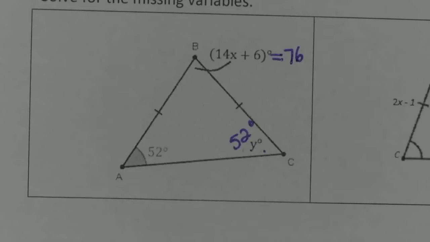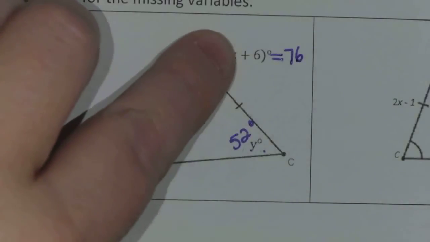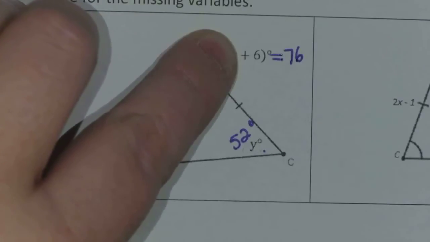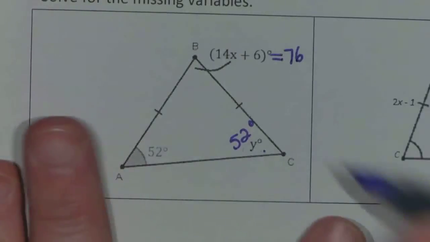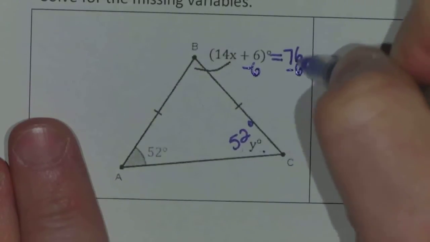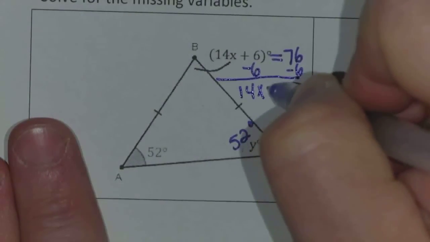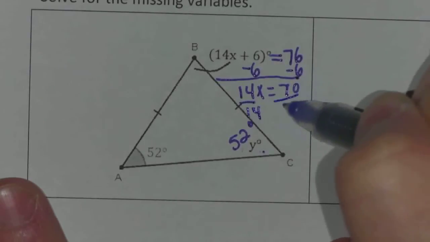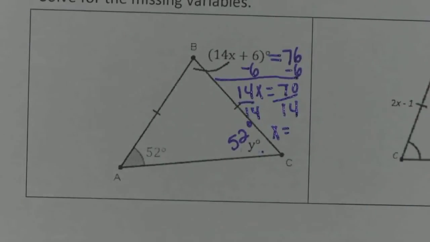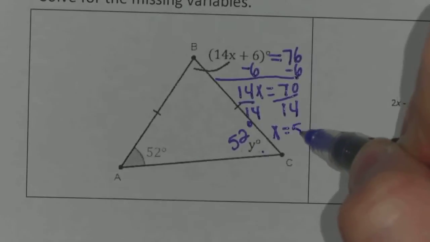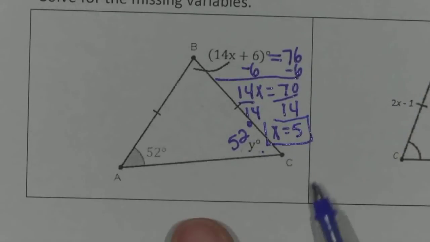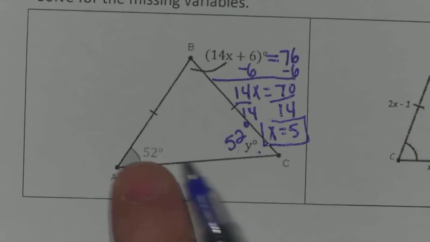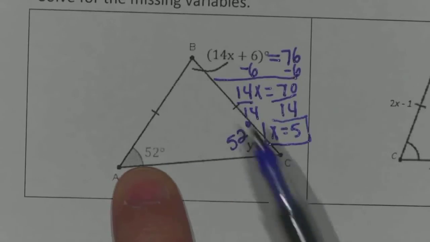So now we're just going to solve that equation. How do I get the x by itself? I need to move the 6. How do I move the 6? Nice job. So I subtract the 6 over and I get 14x equals 70. How do I get rid of the 14? Very nice. Divide by 14. And what do you get x equal to? Yeah, 70 divided by 14, which is also 5. So my x value is 5. So do you guys see how knowing that this was an isosceles triangle helped me find the missing measures that